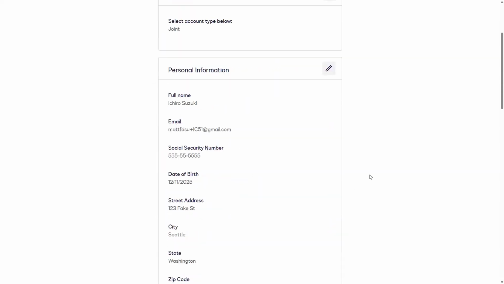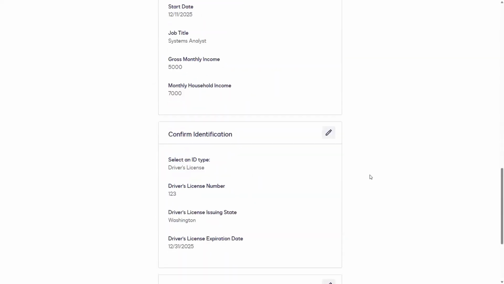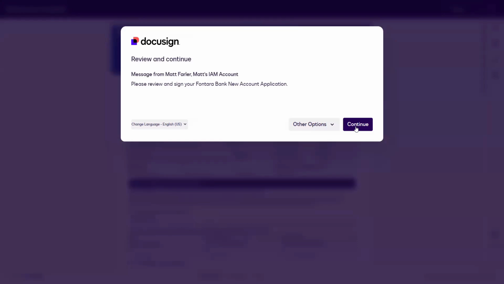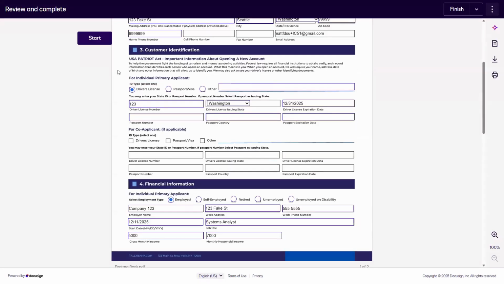The first recipient fills out all the fields, and when they're done, all the information is transposed into the appropriate fields on our application, and all that's left for the applicant to do is sign.